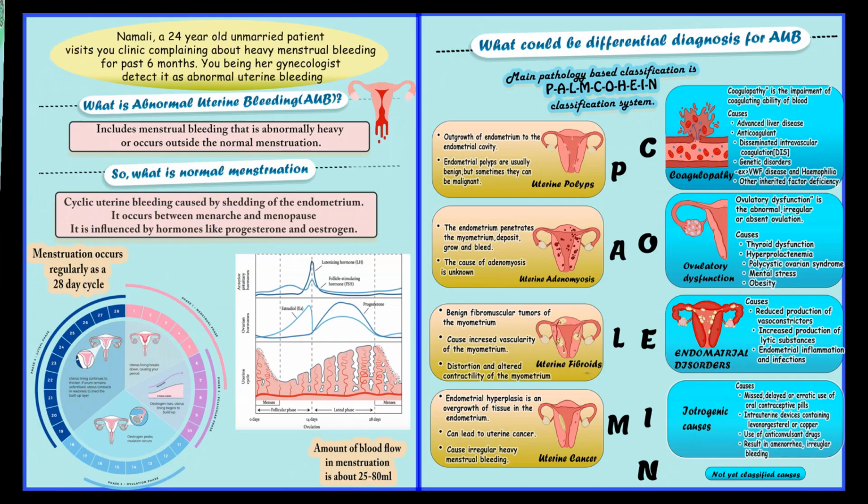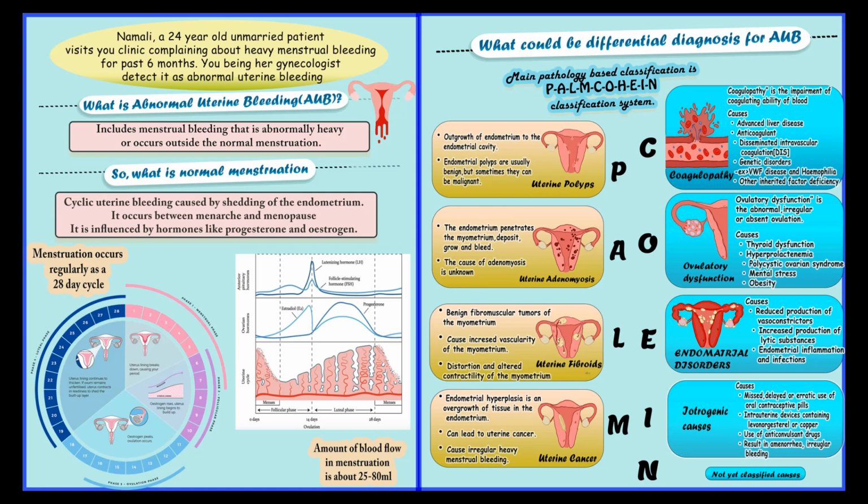Thank you. Our team's topic is abnormal uterine bleeding. In a normal woman, normal menstruation occurs regularly as a 28-day cycle. In one cycle, about 25 to 80 milliliters of blood flows out in normal menstruation. And if the cycle is irregular or the amount of blood flow is unusually high, then it is called